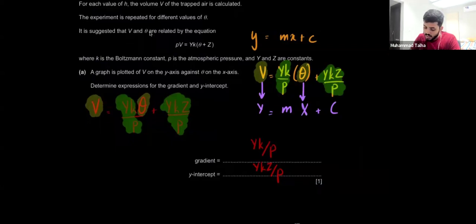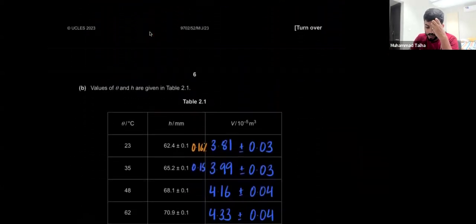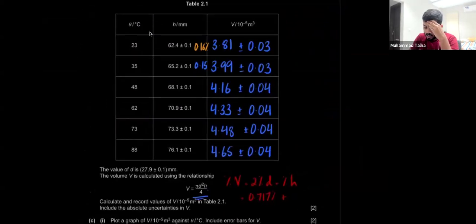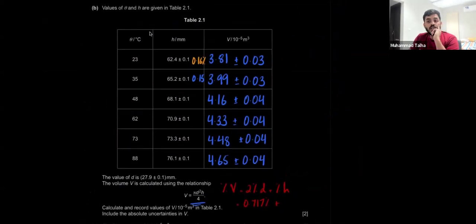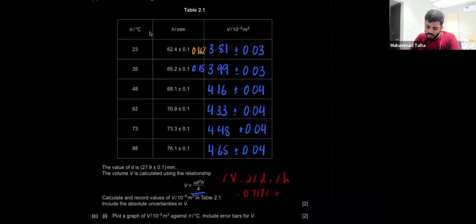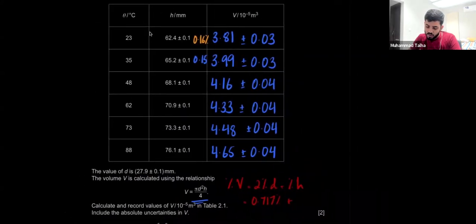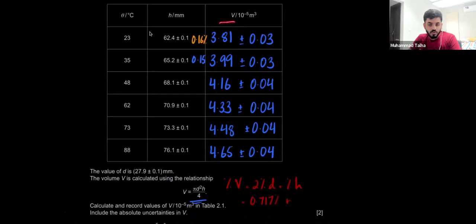Okay. So yeah, we were talking about error bars. Again, let's look at how the values are calculated here. This was a case where the table of values was not given, right? So we had to think about this. h was given, theta was given. You are supposed to find V, and the relationship for finding V is also given, which is pi d squared h over 4. And d is given here, and h is different for each value. So finding your V is not very difficult.